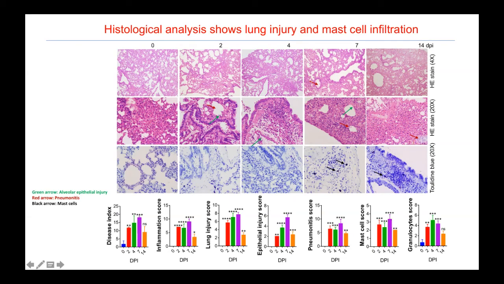So basically, you can see day 0, 2, 4, and 7, and you can clearly see lung damage in histology. And one of the parameters which we also measured, which was not really reported in the literature, is that we tried to do a toluidine blue staining to see the mast cells, because the idea was that